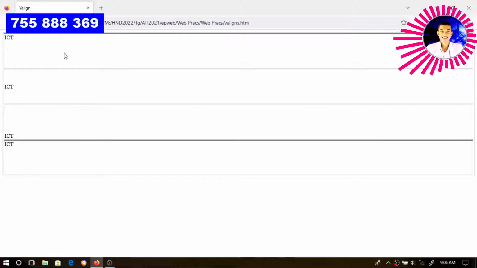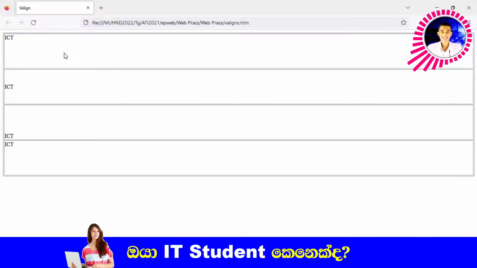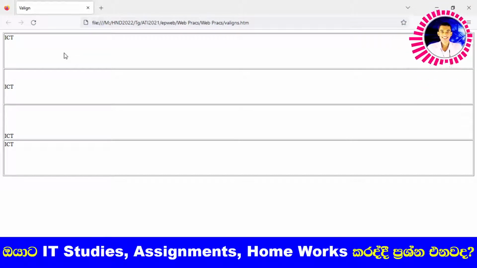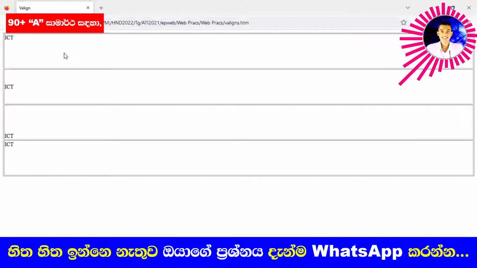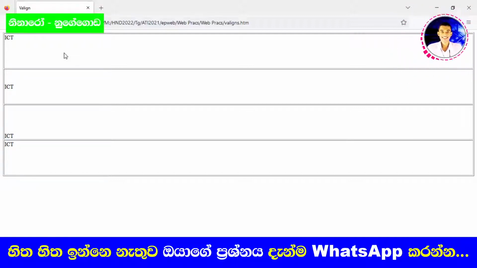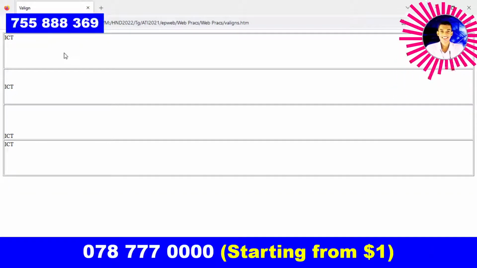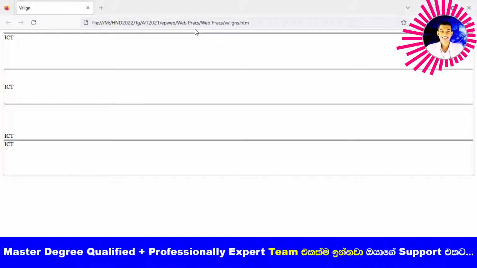If you can remember, we align horizontally a text using the align attribute within the p tag. Align is the attribute. We used values such as center, justify, right, and left. With this coding, you will learn how to create